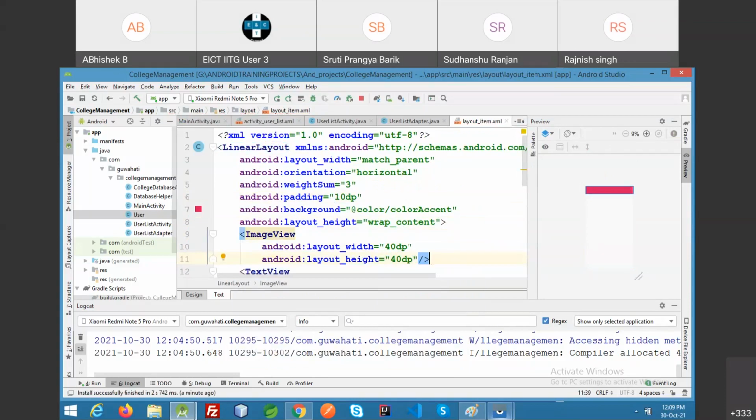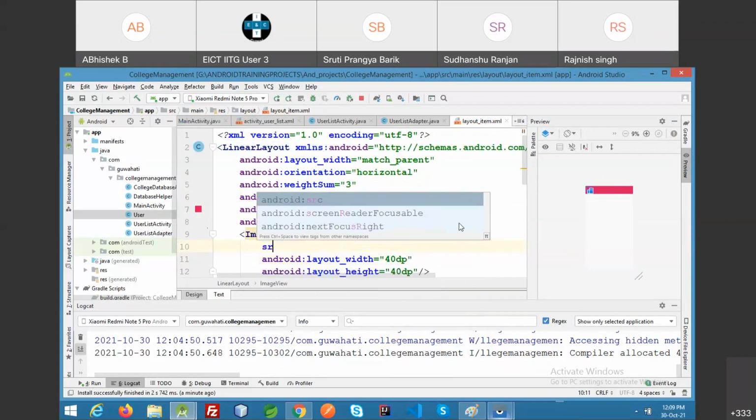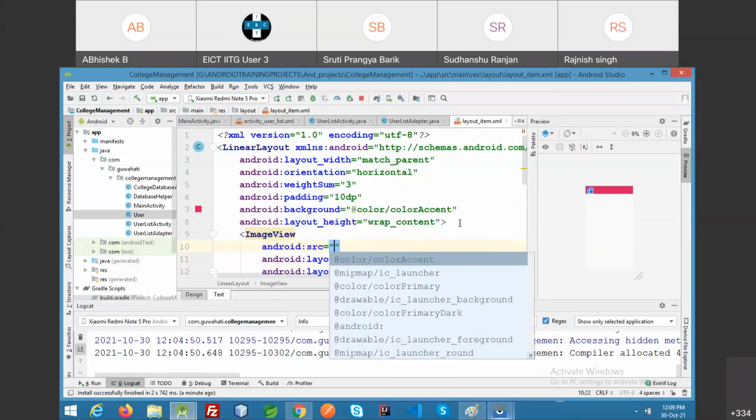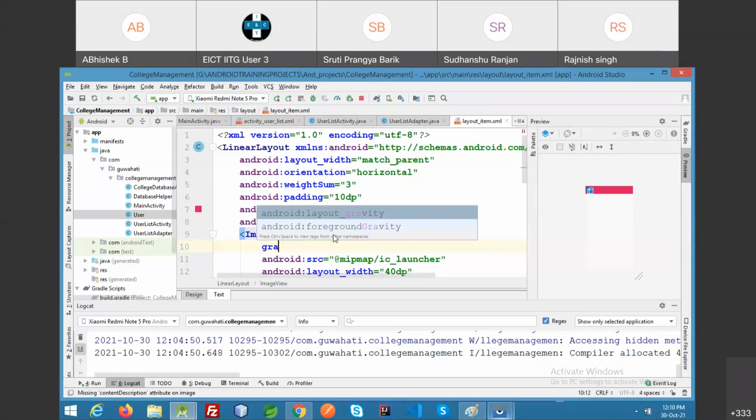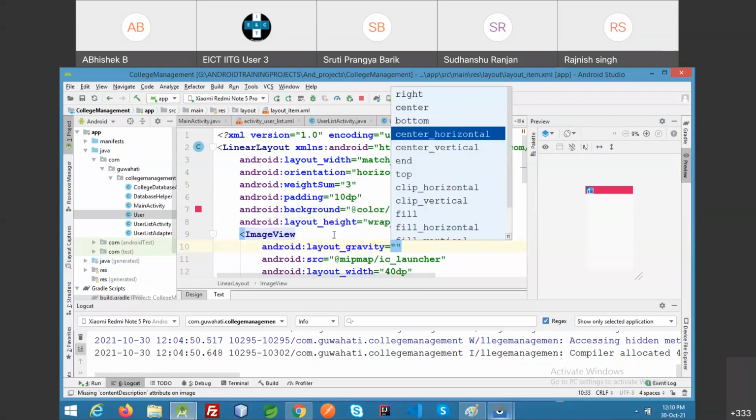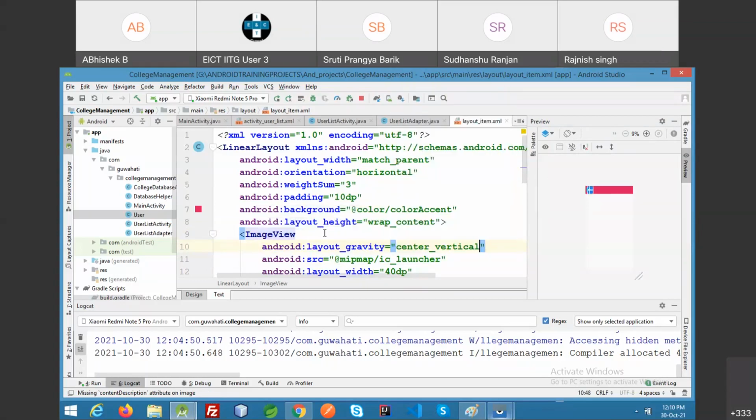And source IC underscore launcher. Clear? Gravity center vertical. Clear? Now if I again run it, it will show you.